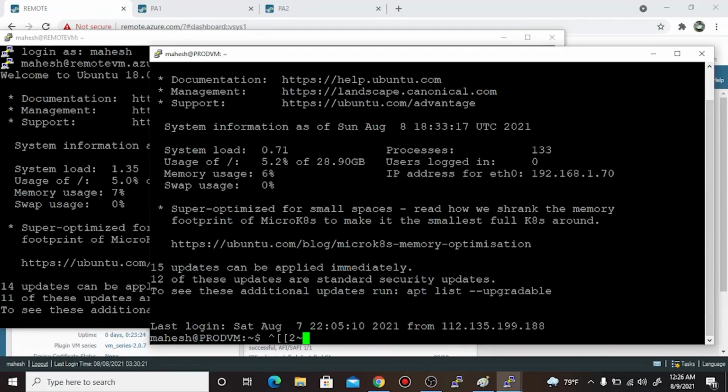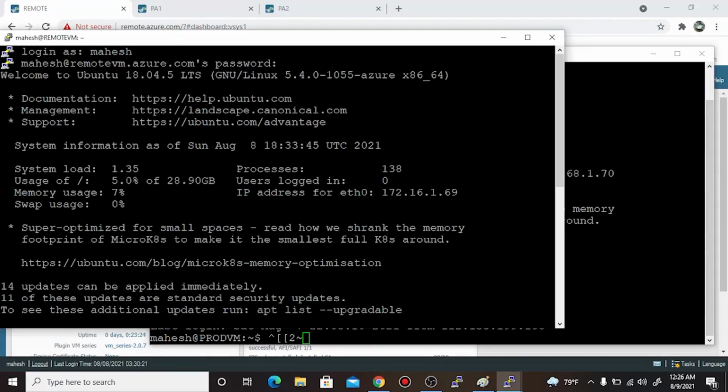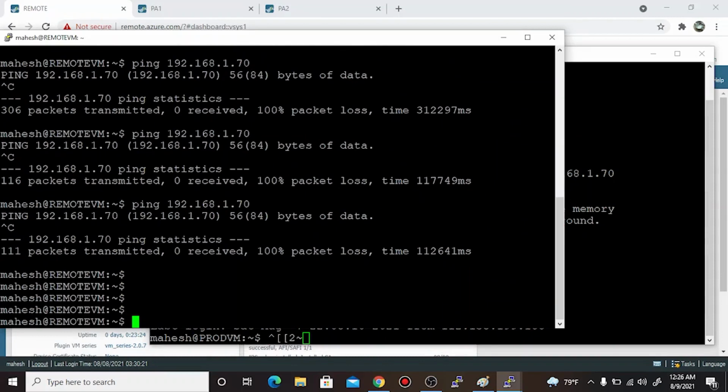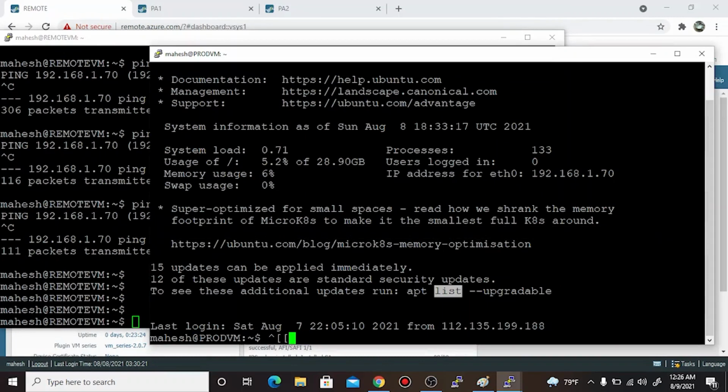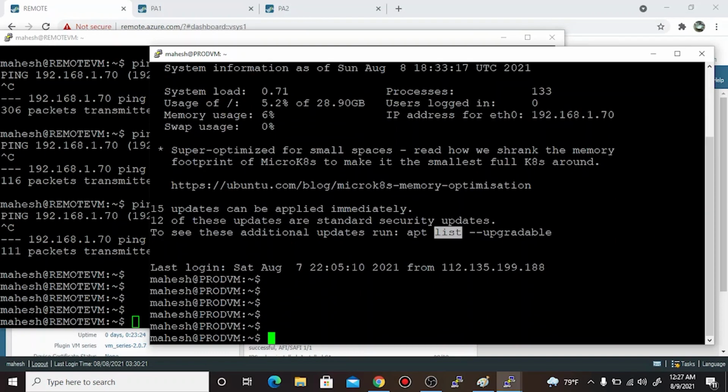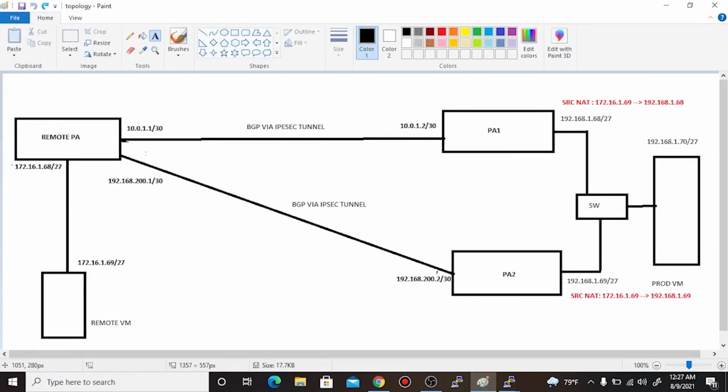Actually, my plan is to initiate a ping request from the remote VM into this prod VM. I think it's better if you can check the diagram first. This is the remote VM, and this is the prod VM. Our prod VM IP address is